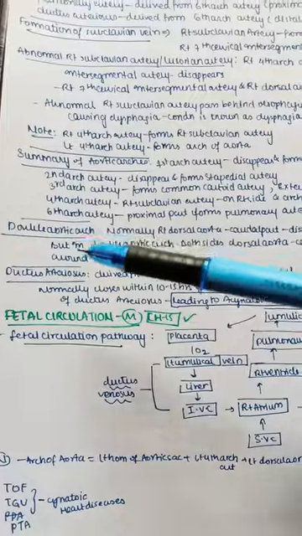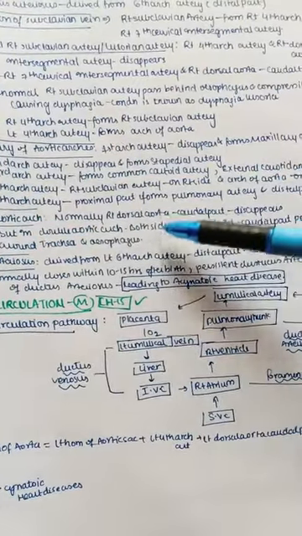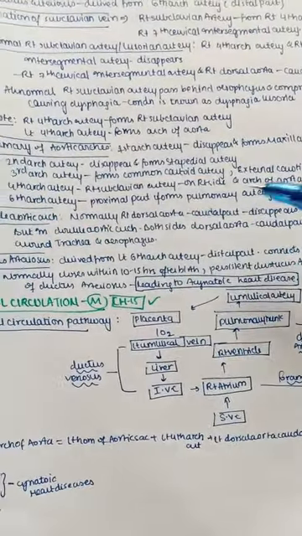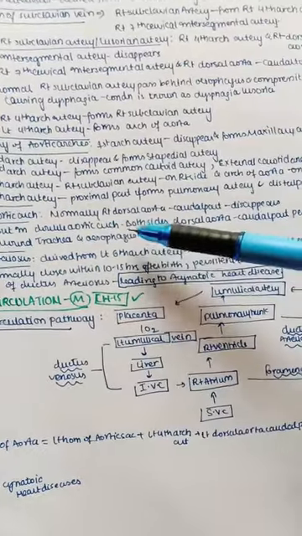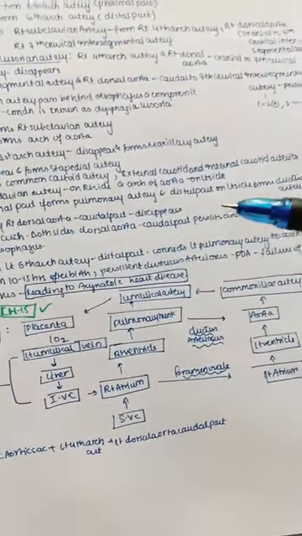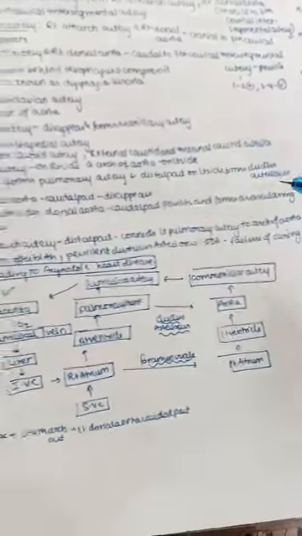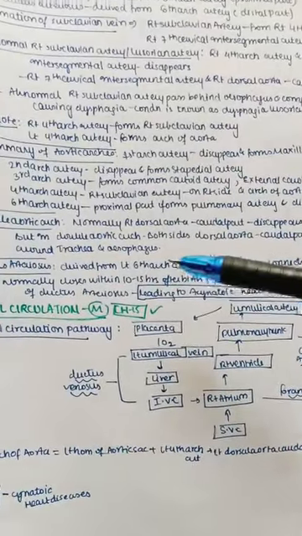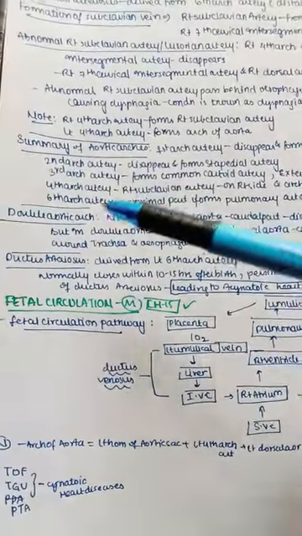Now the double aortic arch. Normally the caudal part of the right dorsal aorta should disappear, but in double aortic arch, both sides of the dorsal aorta, that is the caudal part, persist and form a vascular ring around the trachea and also the esophagus. This is called double aortic arch.